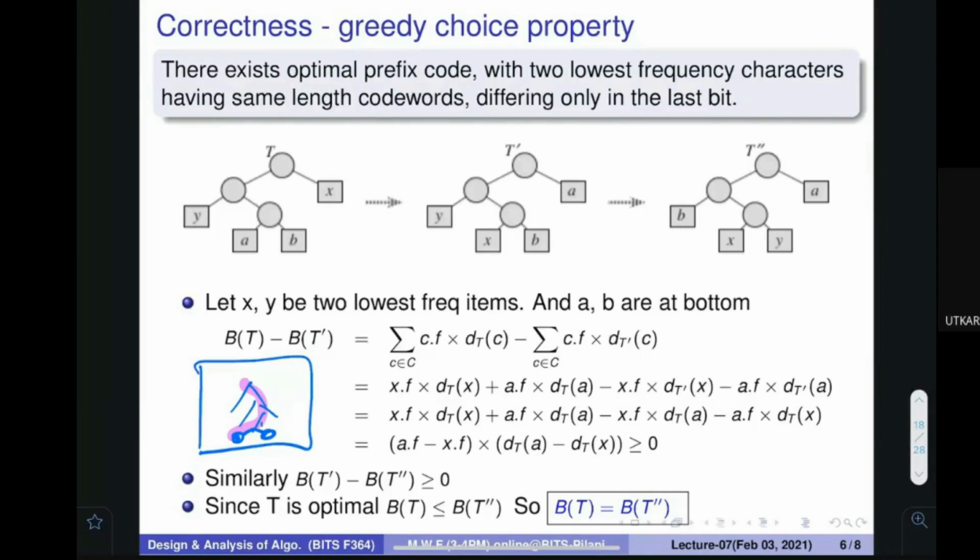Because if they are not, I can exchange them and further reduce the number of bits required. So if the code is optimal, I cannot reduce the number of bits, so it means that they are going to be at the bottom only. So in the optimal tree, a and b, the items with the minimum frequency, are at the bottom.